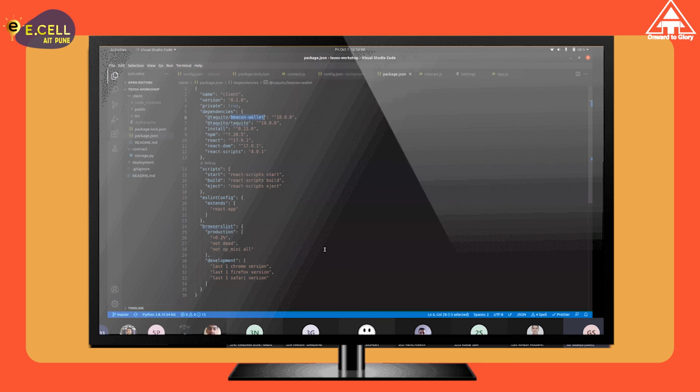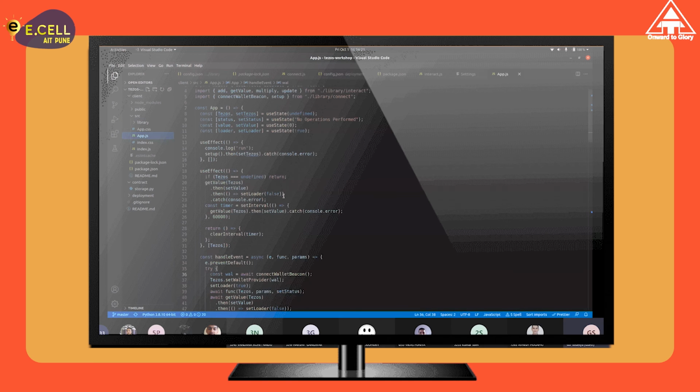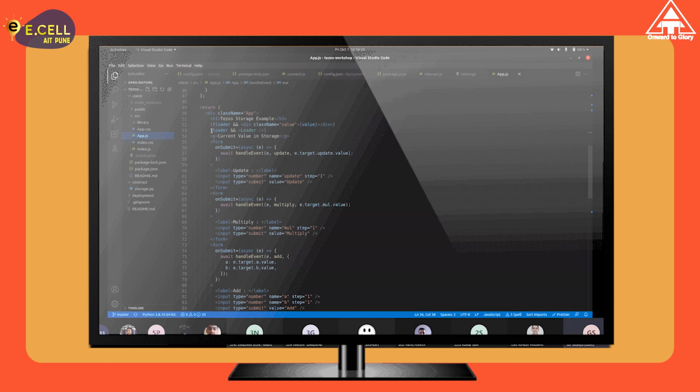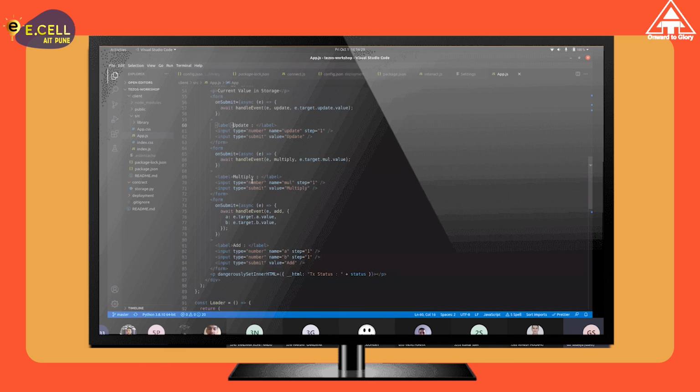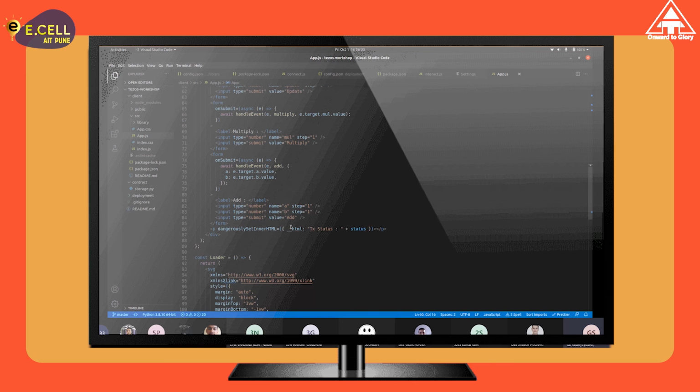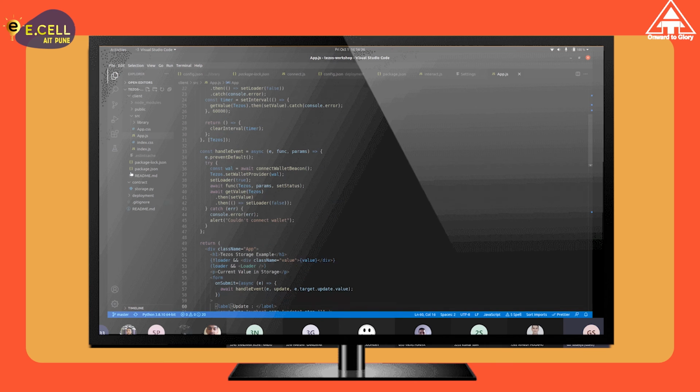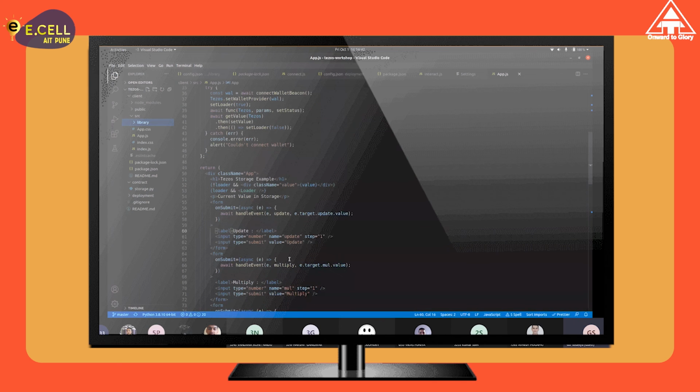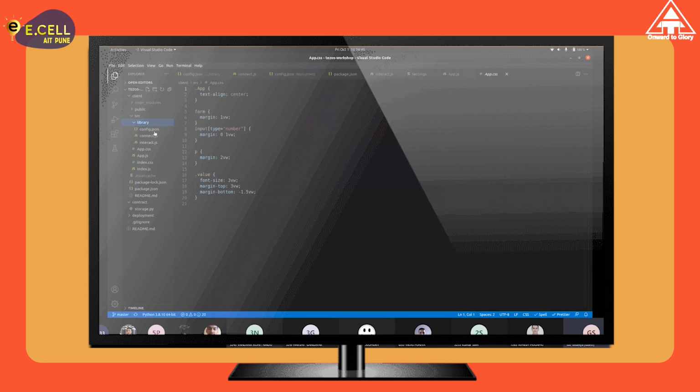So in the code, I have a very simple architecture here. We have an app.js, which is holding all our basic UI stuff. We have a simple form that has our different input fields and different buttons for different actions. Each of the buttons is hooked up with a particular function that's connected in the library directory. I'll go there in a minute. Apart from that, we also have our library section where we do the actual blockchain interactions. All the blockchain interaction happens here. So we have a config.js, which is basically storing our configurations for the application.